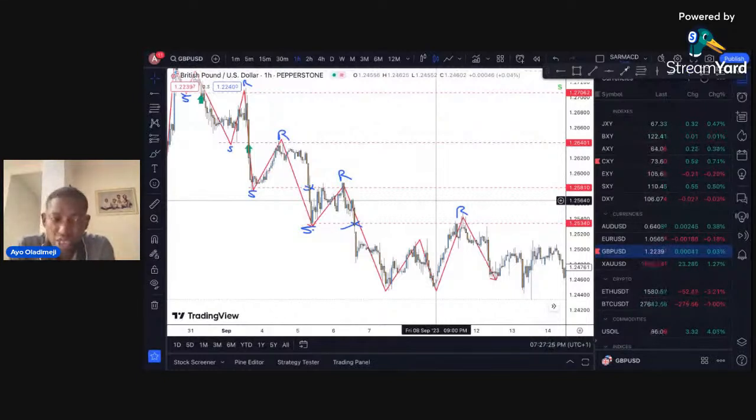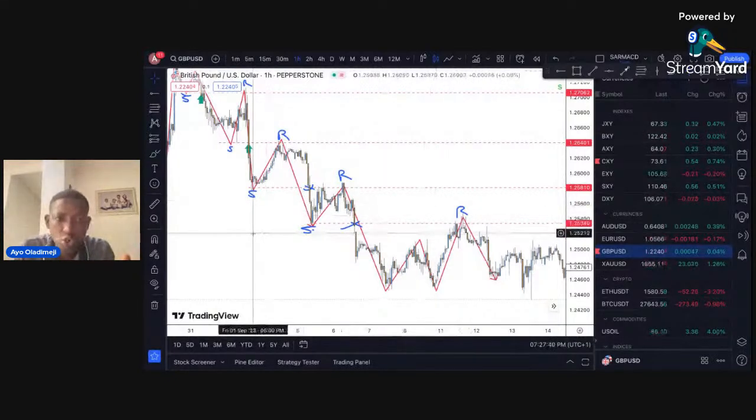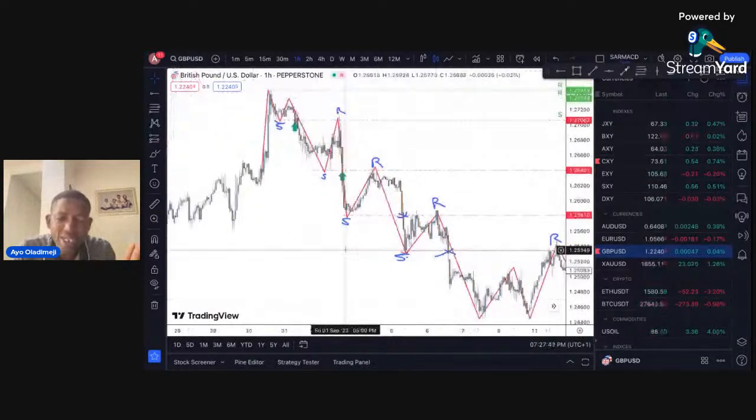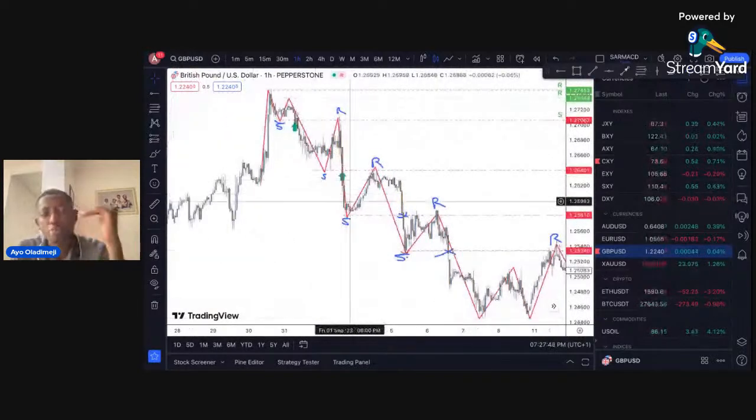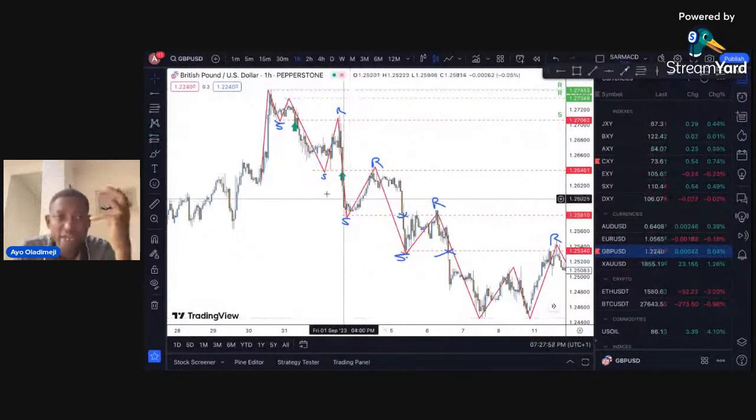As far as support and resistance is concerned, we always have the structure of support and resistance. When the support is broken, it becomes a resistance. When a resistance is broken, it becomes a support. So when the market is in a downtrend, the support will always be the level that will be taken out by price. That's why you always have new opportunity to sell whenever a support is broken, because you sell at a resistance and you buy at a support.